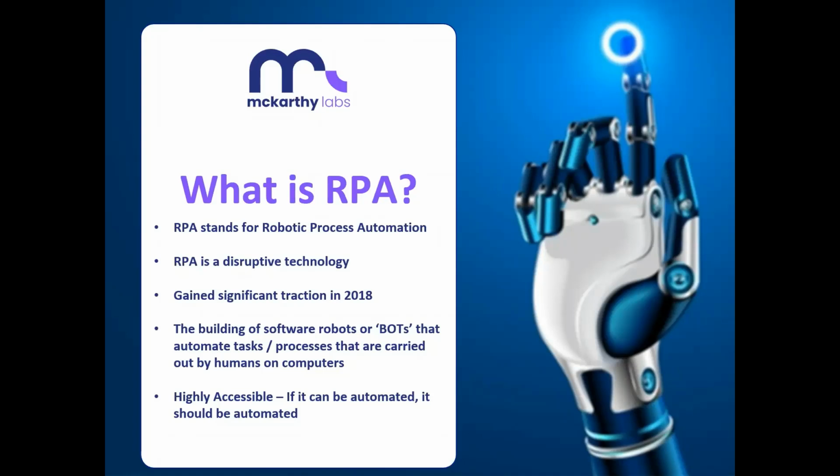So when you're first starting out on an RPA journey, think about it like having your own personal assistant that deals with all the things that you don't like dealing with. And if you wanted to start on the RPA journey, take the things that are repetitive. Take the things that you do day in, day out and week in, week out, and think about those as, can we automate them? And finally, the last point there is that RPA is highly accessible. So, and we'll go through some more slides in a minute that shows how it becomes highly accessible for everybody. But really, if it can be automated, it should be automated. And that's how we think about RPA.